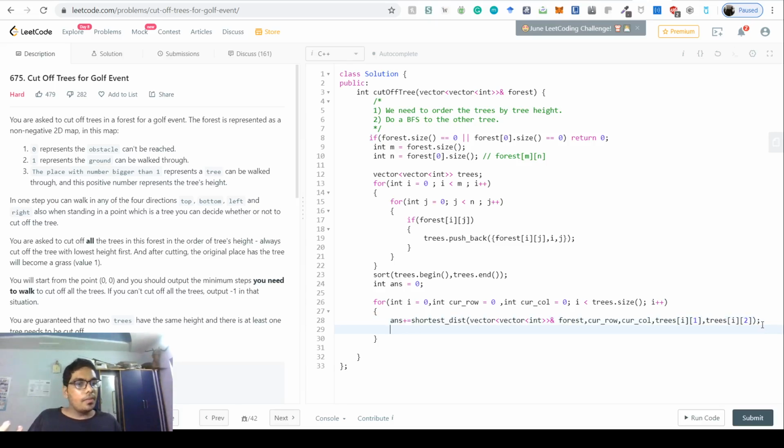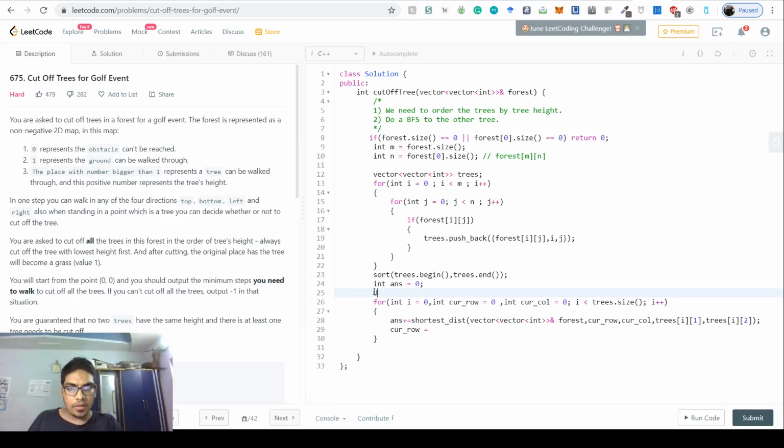Once this is done, we simply update the current row. So basically current row will then become, because now after this we have reached where we have to reach. Okay, we'll also need to put a condition check here. So we'll not directly increment the answer. We have to put a condition check that if we are not able to reach, then the entire graph is not possible, right?